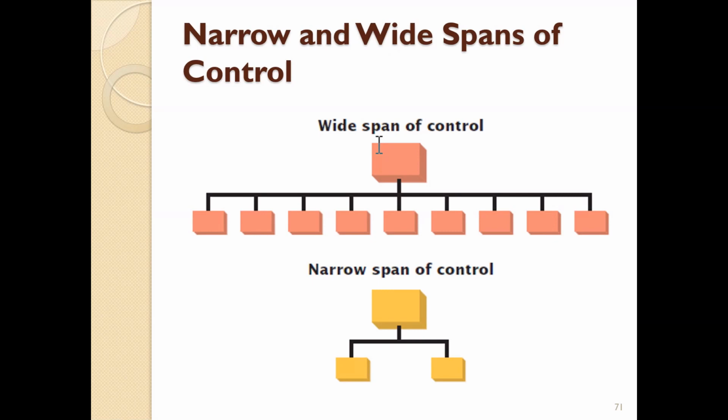Alternatively, a narrow span of control, you have one big head and two smaller heads, and then below those you have a couple more smaller heads. So you spread out the company, but not under one person, as this figure is showing you. I will put my neck on the block and say that the narrow span of control works better.